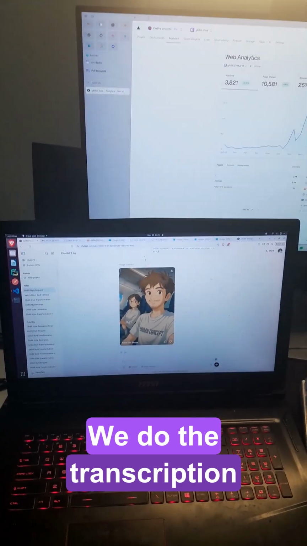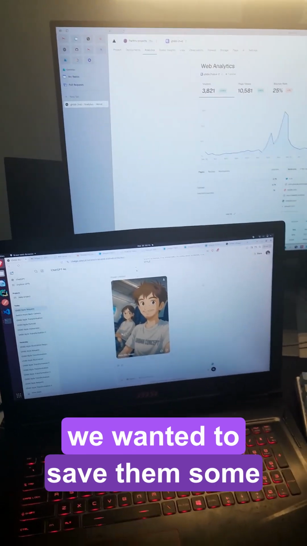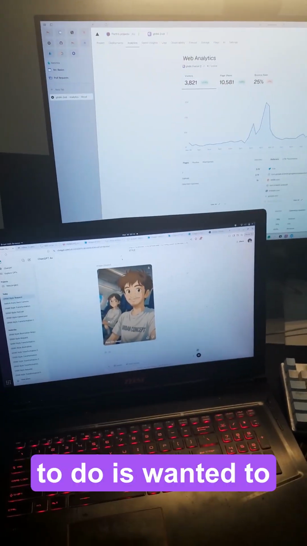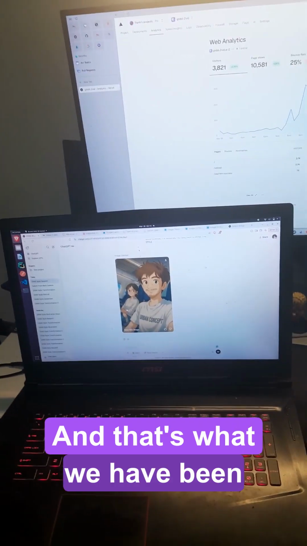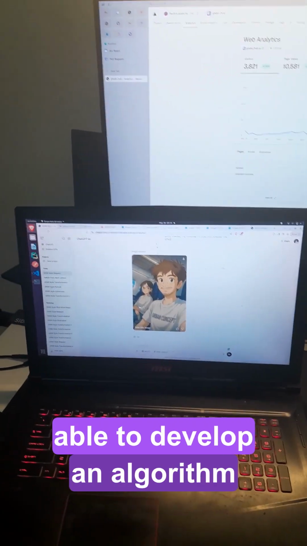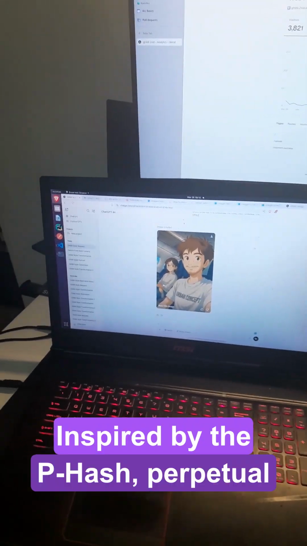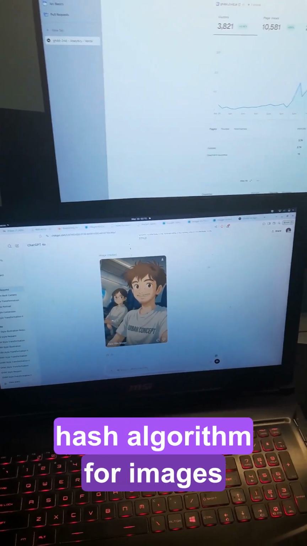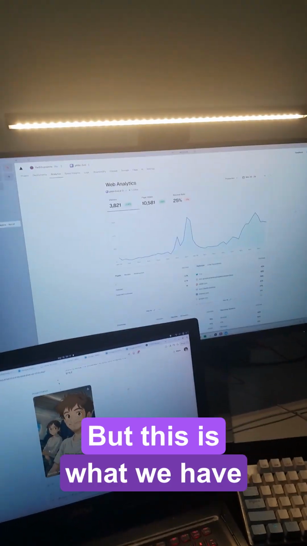a lot of people end up putting subtitles on the same thing, and we do the processing every single time, we do the transcription every single time, which are expensive operations. So if we wanted to save them some cost, what we wanted to do is keep the most recent audio in the cache, and that's what we have been able to do. We have developed an algorithm that helps us cache audio, inspired by the pHash perceptual hash algorithm for images. So yeah, I think this is a long video, but this is what we have been up to,